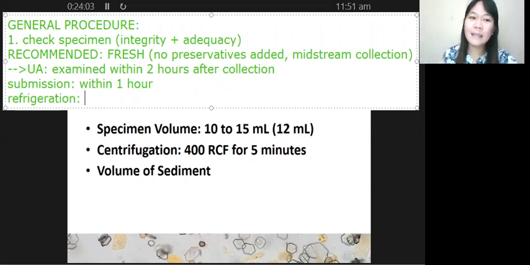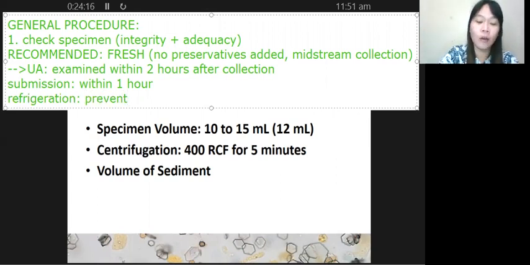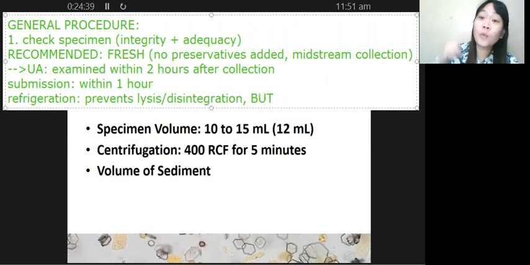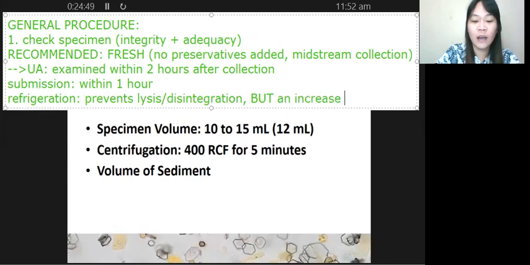Okay. Bakit hindi natin nire-recommend ang refrigeration? Okay? Why? Because take note, class. Okay? Take note that although, yes, sige, tanggapin natin, although your refrigeration prevents, yes, it actually prevents lysis or disintegration. Tama? Yes, it prevents lysis or disintegration of your urine sediments. However, may but dyan. Ayan, but. However, take note that there will be an increase. Okay? Refrigeration actually promotes an increase, but an increase, okay, in the